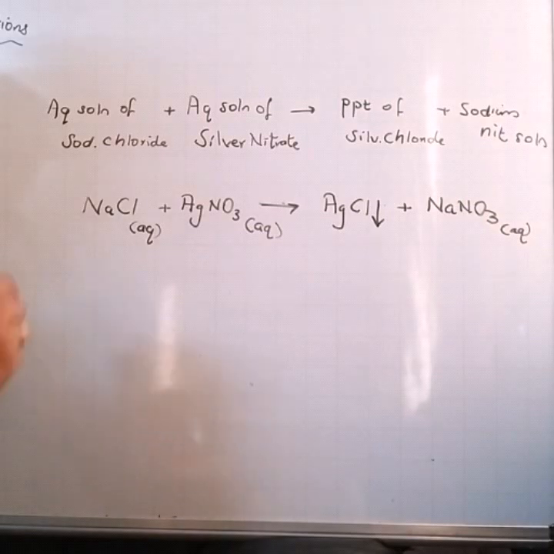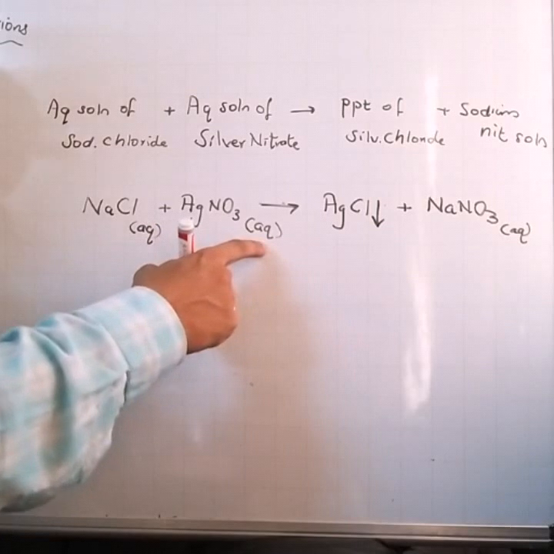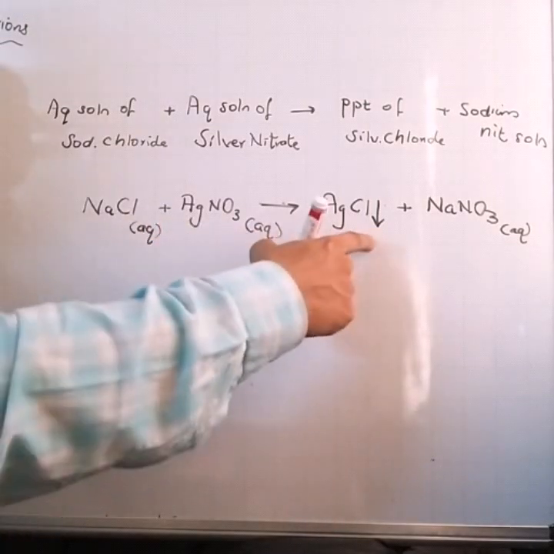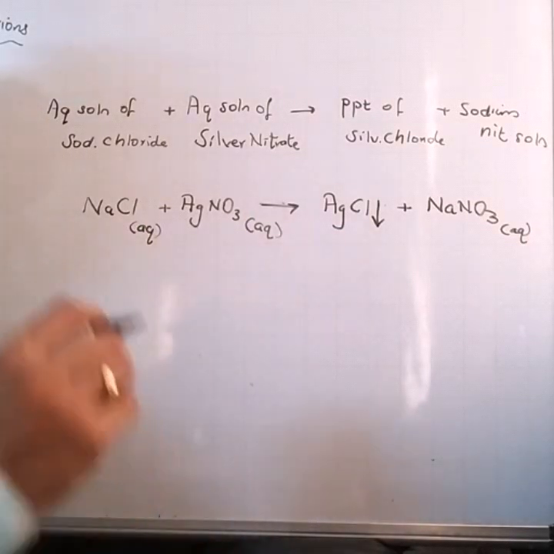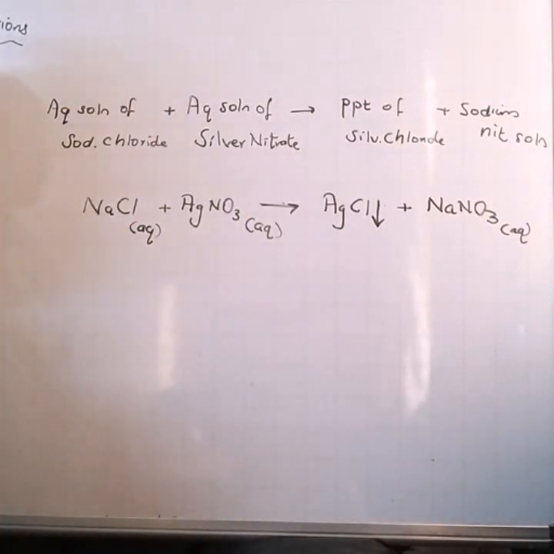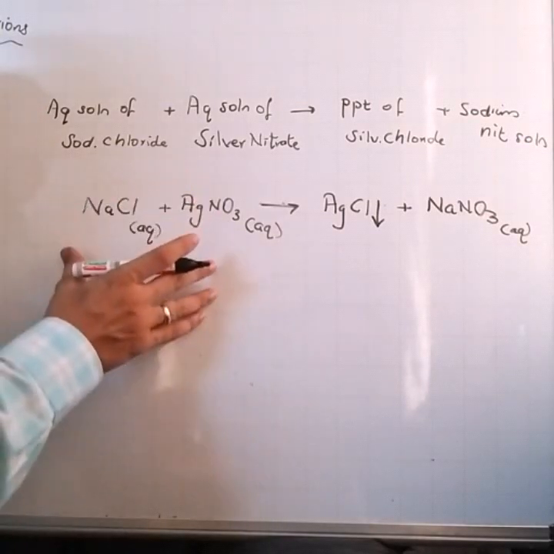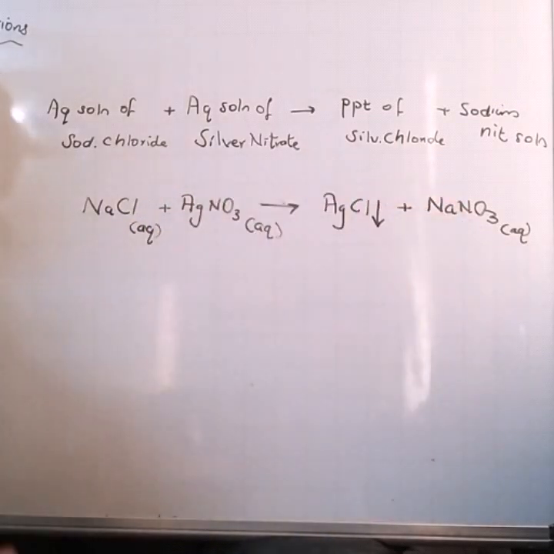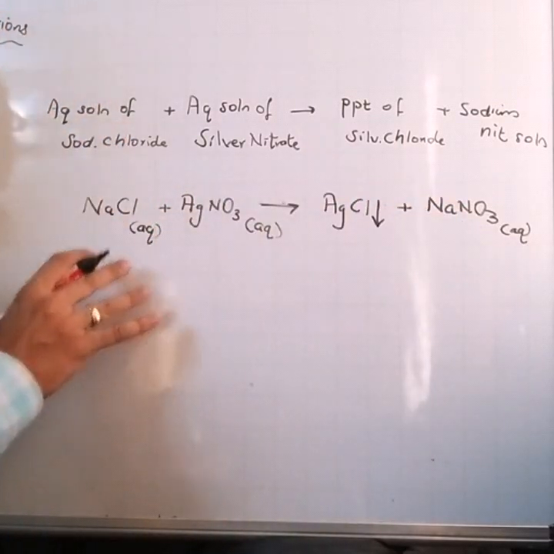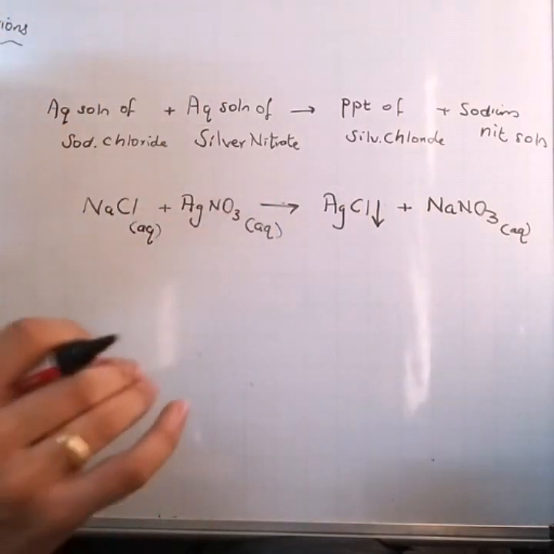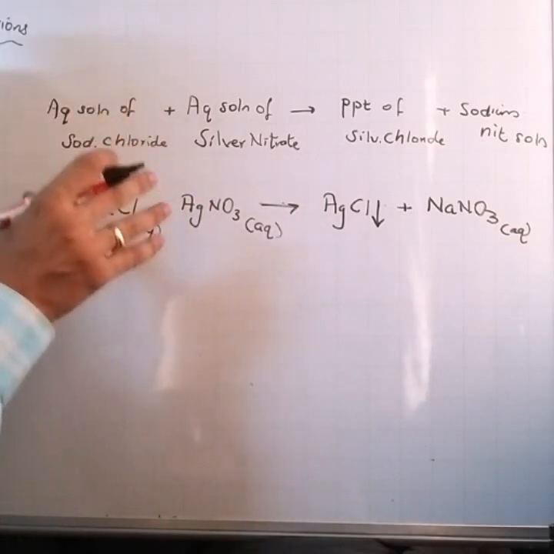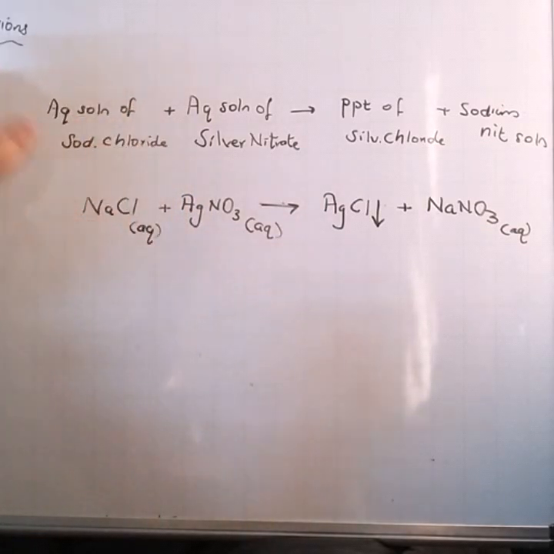Now this is a chemical equation. I have written all the symbols, the states, precipitate, each and everything. But we are coming to the most important part of the chemical equation, and that is balancing of chemical equation. Just now I told you the mass of the reactants and mass of product is same. That means the atoms of the reactants and atoms of the products will be equal. That's the first concept you have to understand. Atoms on right hand side and atoms on left hand side should be exactly equal.